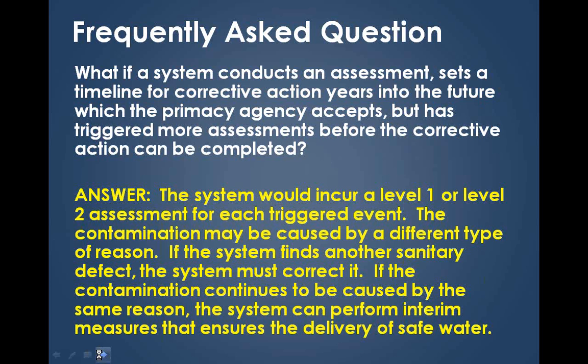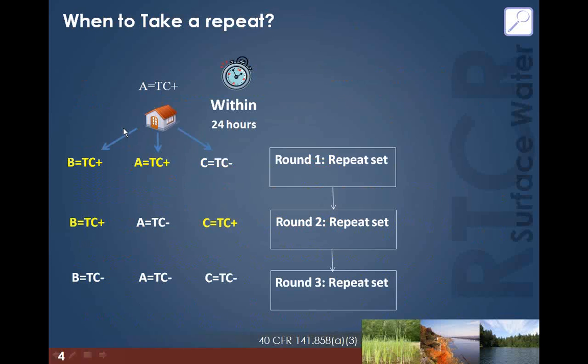Okay. So now we're going to move to the other question that keeps coming up, and it's back to this whole situation on when to take a repeat. Per the revised total coliform rule, repeats are required anytime a routine sample is TC positive. If any of those first round of repeats are positive, you then take another set of repeats. A set is always just 3 samples, and the set is initiated off of the same sampling site that tested